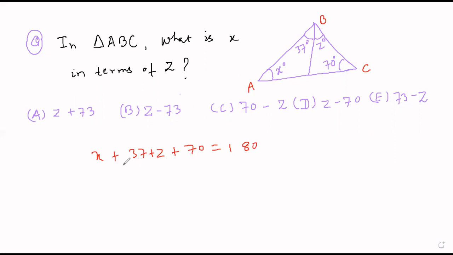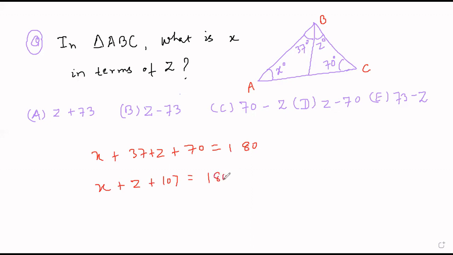If I solve for x, we can write x plus 37 plus 70, so that is 107, x plus z plus 107